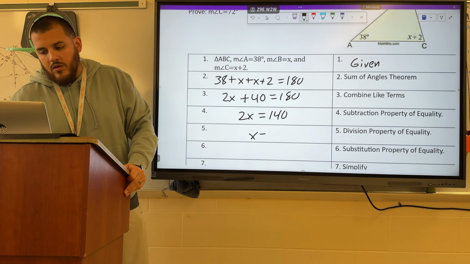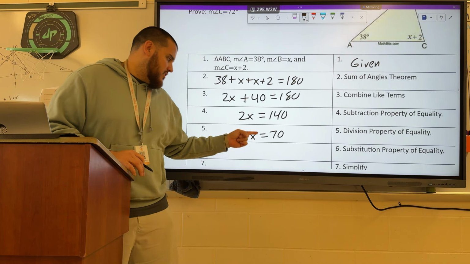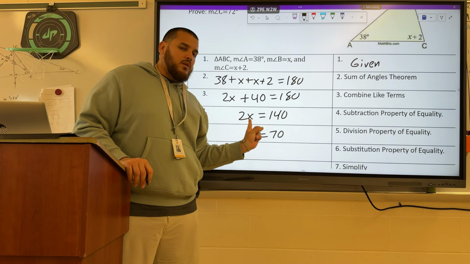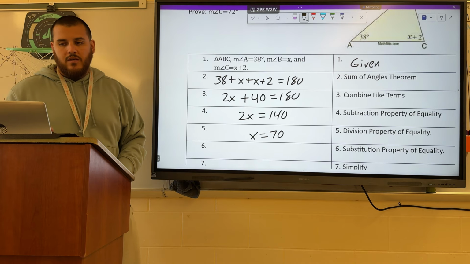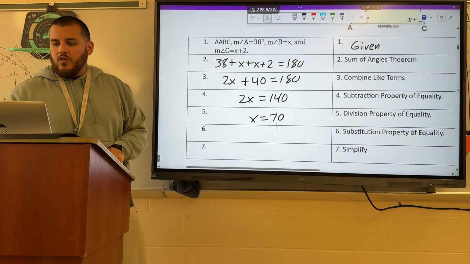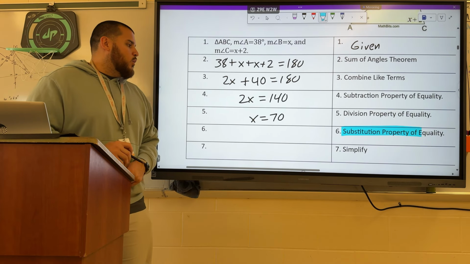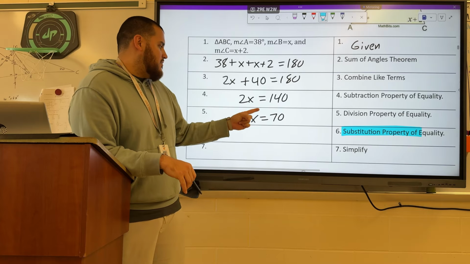So the result there would be X equals 70. This is true because of the division property. I can divide both sides by 2 to get this value. Our next statement must be true because of substitution, and what we will be doing is substituting this 70 for